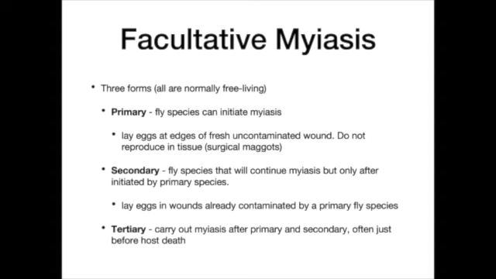In facultative myiasis, we're going to subdivide this into 3 different forms. Normally, all of these are free-living forms. So in our primary, the fly species initiates the myiasis. They lay eggs on the edges of an uncontaminated wound, so usually very fresh, just cut themselves. They do not reproduce in tissue, and these are the different species that are used in what are known as surgical maggots. In surgical maggots, these larvae will not reproduce in the tissue, and they will not consume